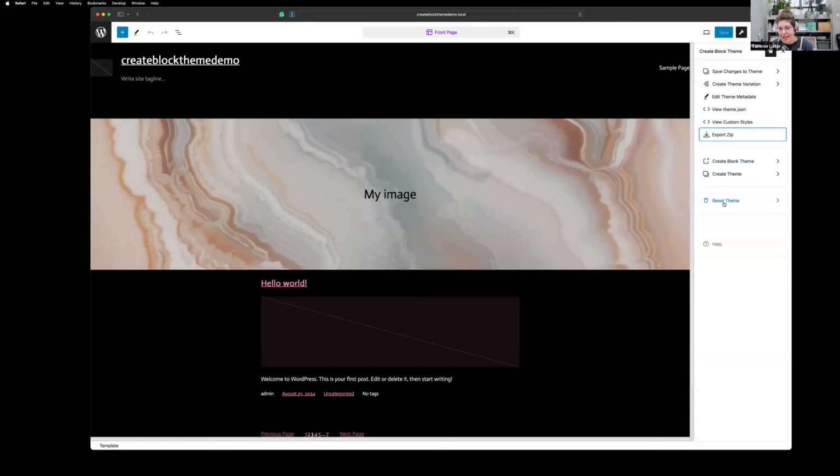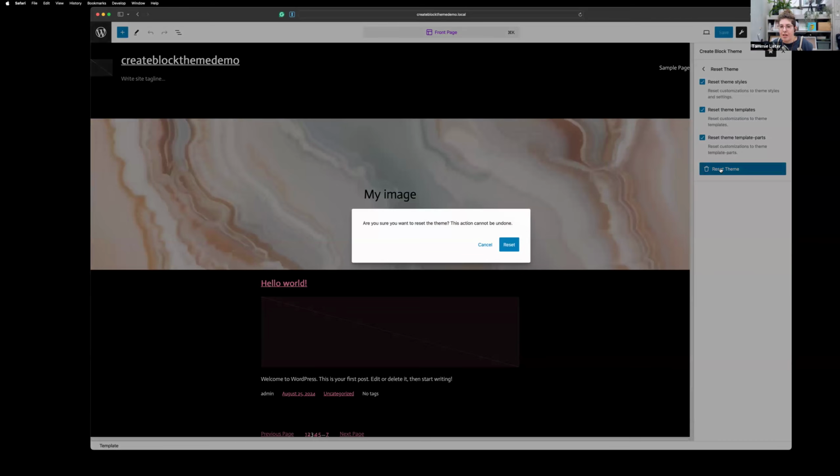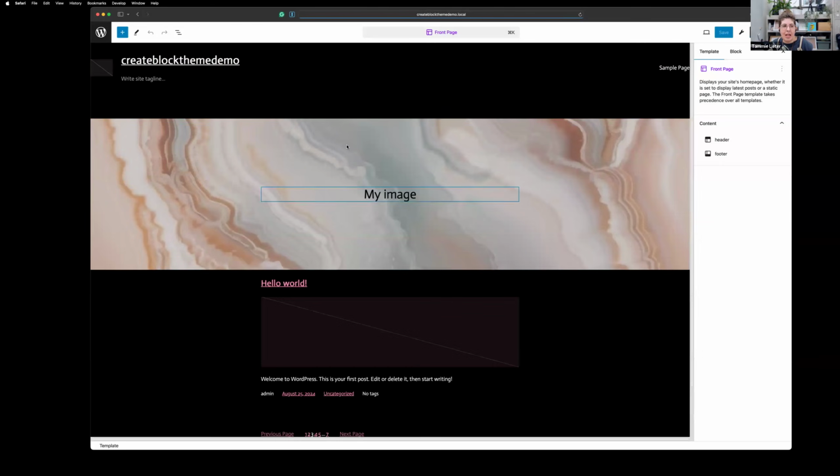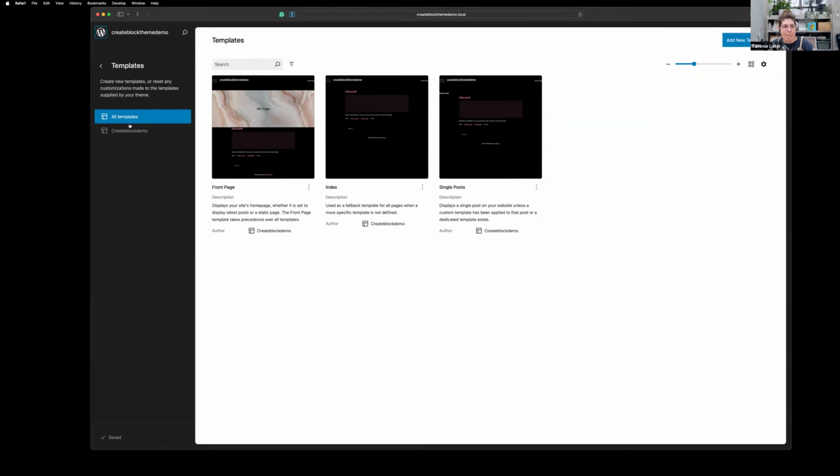Now there is this button and I'm going to press it just to show you what happens. When you do this, it resets the theme styles. So let's just do this. But bear in mind, I'd saved it all, so it's the local changes. So if we go back,